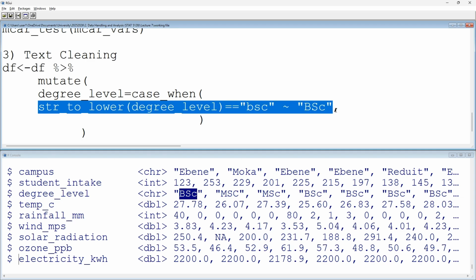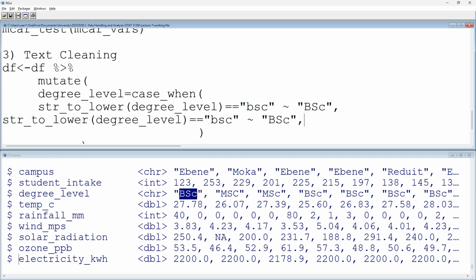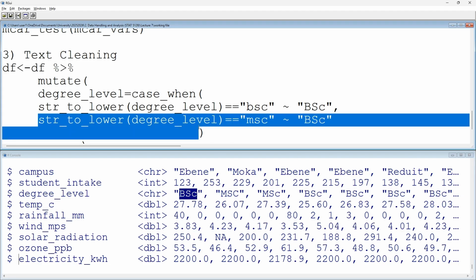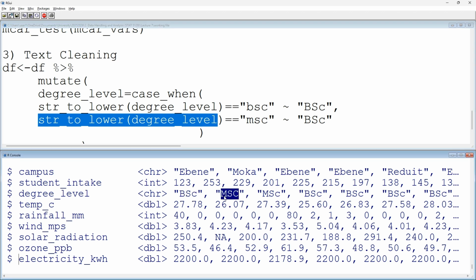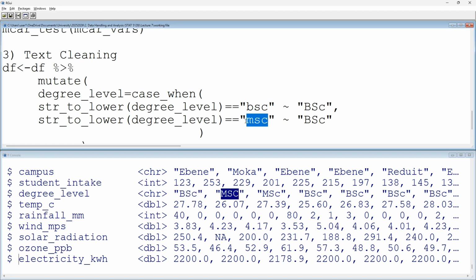So I'll just copy that code again here and paste it down there. I'll just change that to MSc. I will look for everything in degree level. For example, when I'm doing str_to_lower on degree level, it means that it is going through all the rows and converting everything to small letter. So this capital MSc is converted to small letter msc like that. But then when it has identified the small letter msc, it will replace it by capital MSc as you are